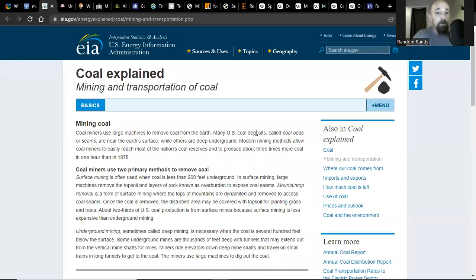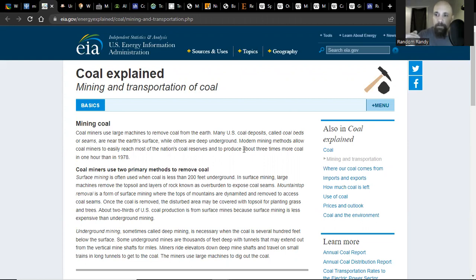Let's take a look at coal mining. Okay, using large machines to remove coal from the earth. What they do is they pull out the overburden to expose the coal seams. Now, all around the world, we have this layer of, sometimes in some places it's black earth or terra preta. In other areas, it has undergone the chemical change through pressure to create coal seams. All right, meaning that it has had enough pressure on top for long enough, and the exact details on the time frame that it takes to